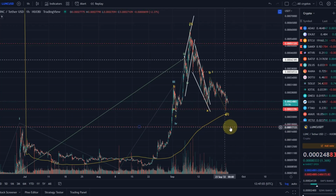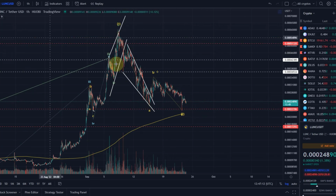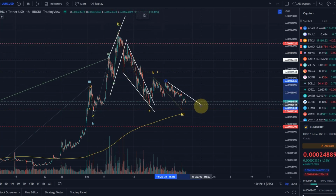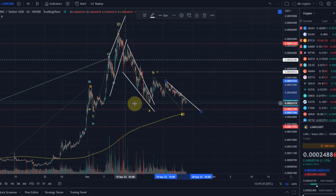So we have pulled back to a support zone, and by all means, from here we could start. We have seen a bit of a reaction, but there's no evidence that the downtrend is over yet. What is very attractive here currently is that a trend line can be drawn, and a breakout of the same could be a possible trade. Now, again, be very careful with Luna Classic, but we are definitely now at support here. Will this support hold or not? I can't promise that to you, but if we see a signal to the upside,